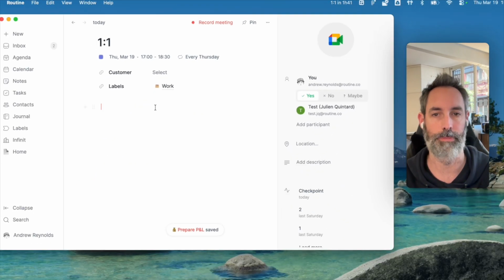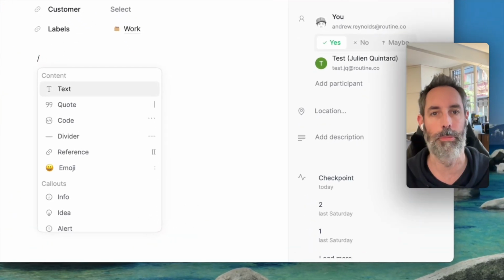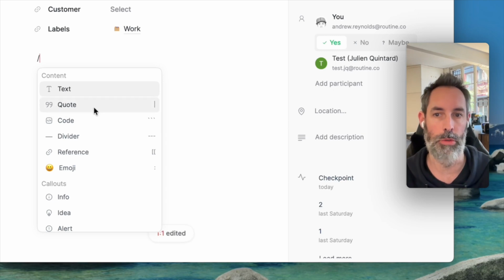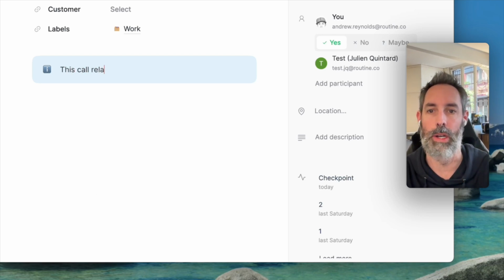start typing. Now, in your note editor, you can use the / command to list all the possibilities. You can see that you can just type text, or you could include a quote, code, an emoji, etc. For instance, we can create a call out to indicate that something is important to remember, like this call relates